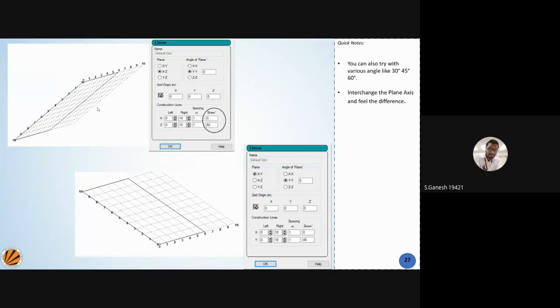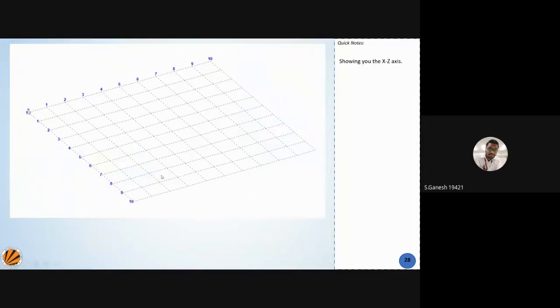Or in cases of precast elements, where you are designing a new precast element with certain shapes and different angles maintained, you can go for skew angles. Later on you can try different angles and axis variations, and you get different kinds of shapes here. This is a basic thing you should note.